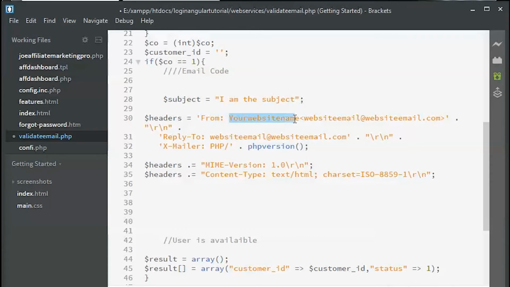You're from whom, suppose your name is Joel Websites, so I'll be putting Joel Websites here, and suppose your website email is joelwebsites@joelwebsites.com, or it can be support@joelwebsites.com, it can be whatever. This is the reply email, so whenever the user presses the reply button, he will send an email to Joel Websites, or you can type in the email that is desired for the reply.